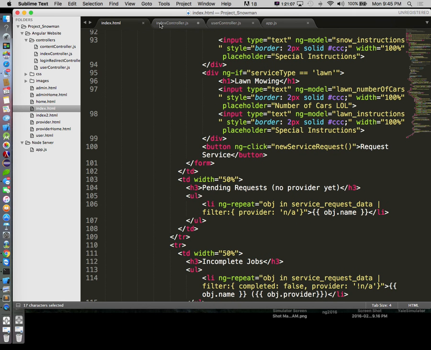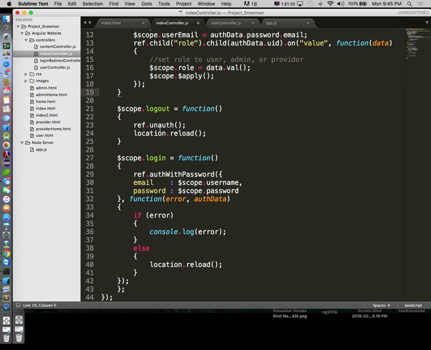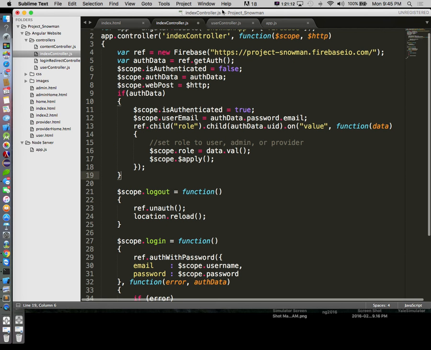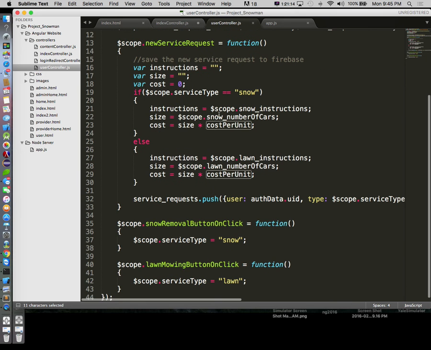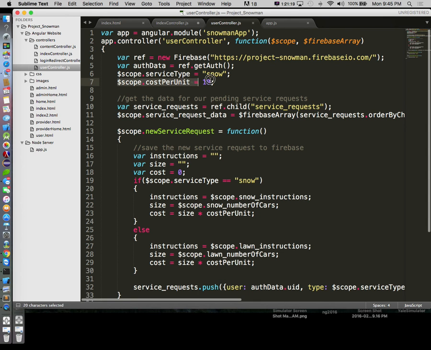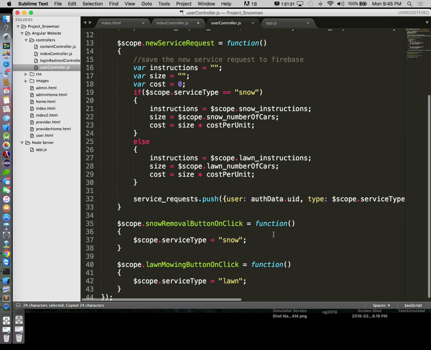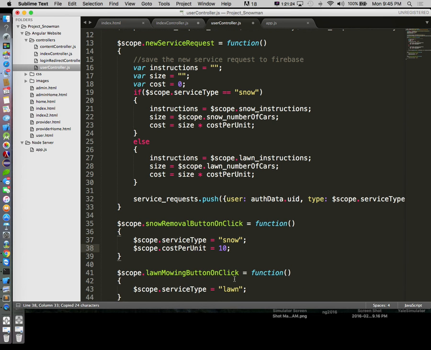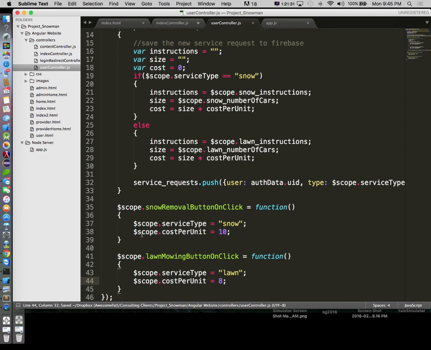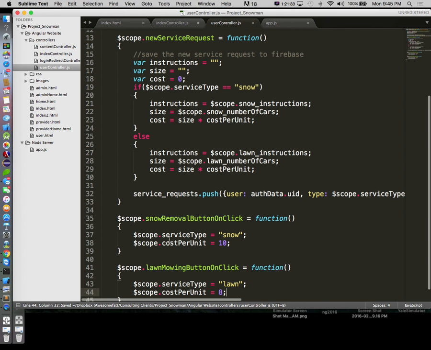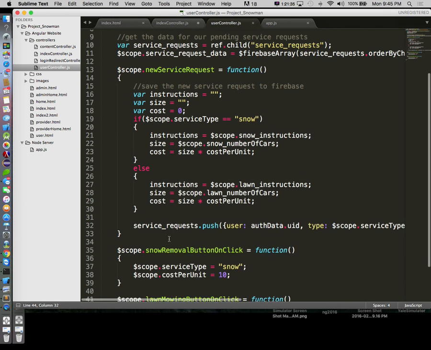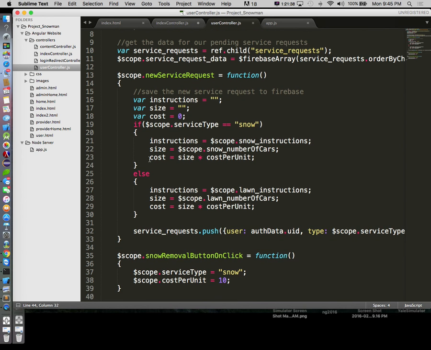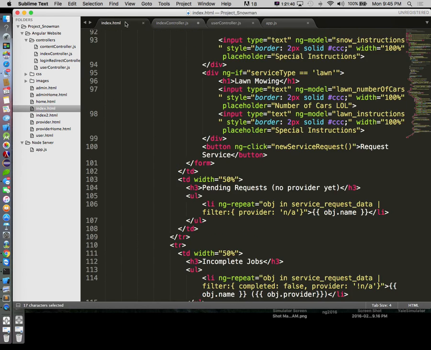If they toggle, so cost per unit starts off at 10, but if they toggle to snow or to grass, it goes to 8. There, now it'll be correct. So we'll have the correct cost per unit there. Fair enough. So then what we can do out here is